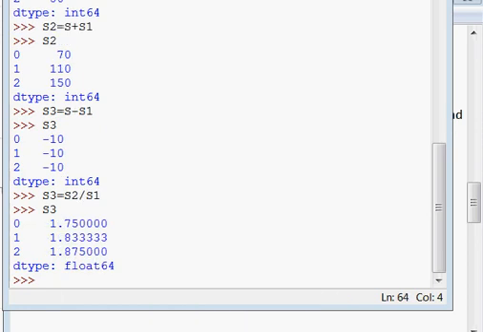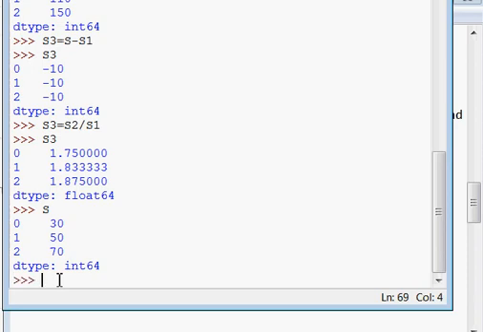I have also given one more example. Say it was division, S3 equals S2 divided by S1. In this, each element of S2 will be divided by the corresponding element of S1 and a new series is created. So in this way, mathematical operations and vector operations can be applied over a series object. And one more thing that I will be explaining here is for general use, not specifically related with this topic.